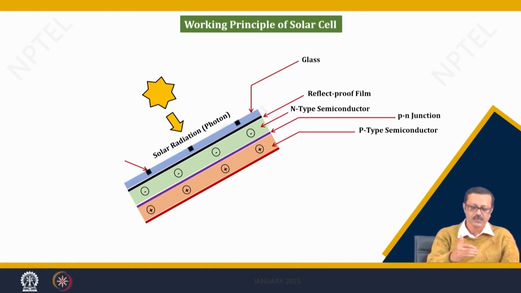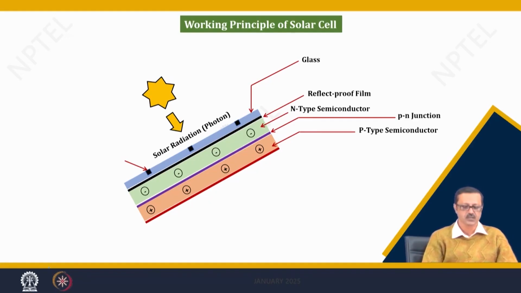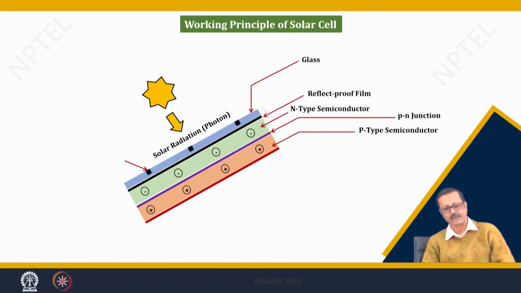Above the N type there is solar glass for protection. So, when the solar radiation penetrates through this glass, it excites